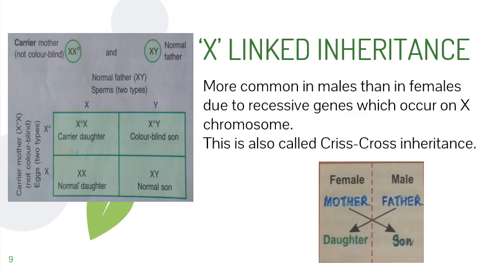So X-linked inheritance disorders are caused due to heredity, such as hemophilia and color blindness, and are very common in males. Such defects are due to recessive genes which occur on the X chromosome. In color blindness, the affected person is not able to identify certain colors like red and green. And hemophilia is a blood disease in which the affected person's blood does not clot. For hemophilia, we just studied the example of Queen Victoria.